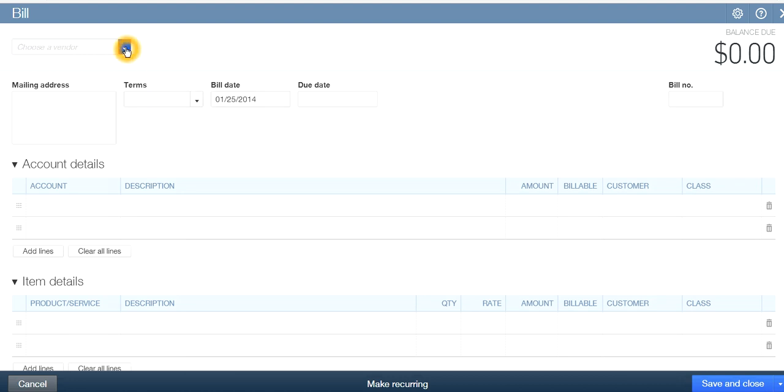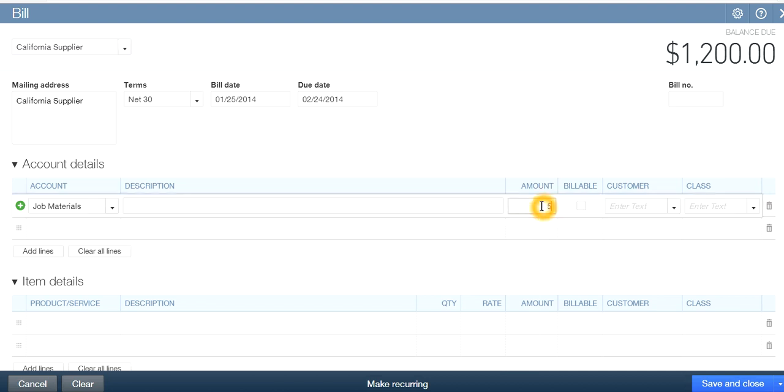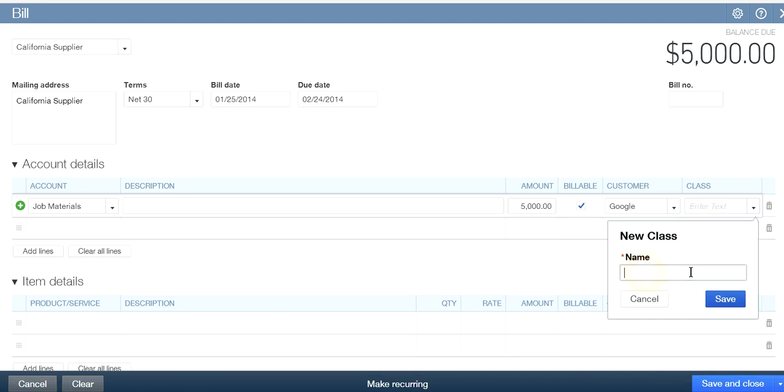All right. So let's just say we're buying from the same California supplier, job materials, and let's say this is $5,000 worth of, and the customer is, let's say it's Google, and we're going to bill it, and the class, let's say we have products and engineering here. You can add another one. Let's say if you're doing installation,